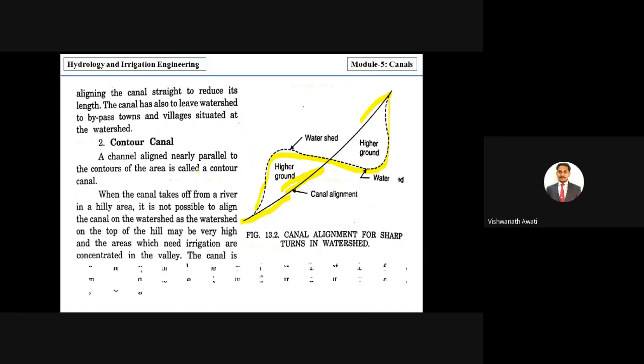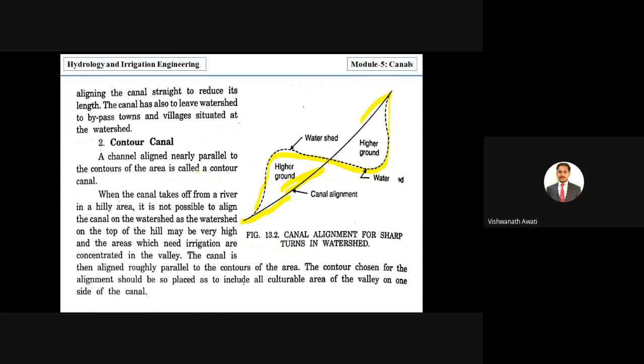Right, but why is it important? The question is why we have to provide contour canals. Because if you see, the ridge canals are at the highest elevation, and even rivers are there in the valley. Exactly, based on the existing drainage, water will flow in the valley. But it is very difficult to get water to the highest elevation by pump irrigation.